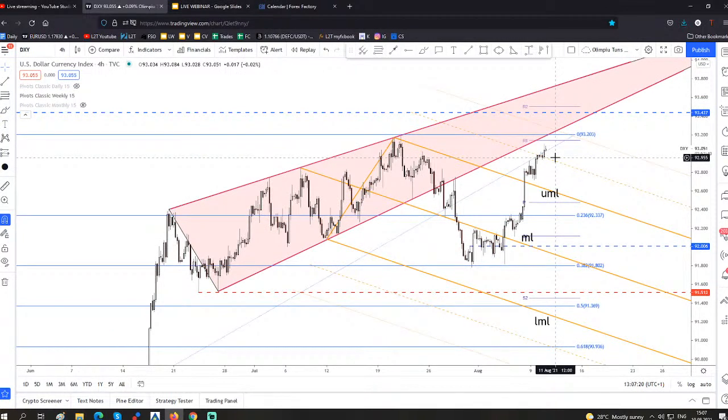Okay, maybe it's not a perfect correlation, but yeah, we have a strong negative correlation between the DXY and the euro versus the US dollar. So if the DXY will continue to increase here, taking out all these resistance levels, then the euro versus the US dollar should drop. Okay, and only something like a bearish pattern here, you should be careful, guys, here, because something like maybe a pin bar,